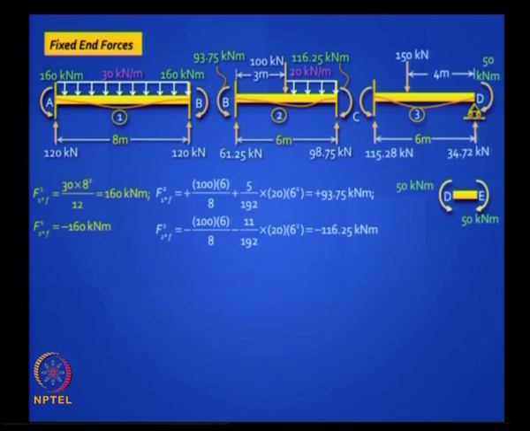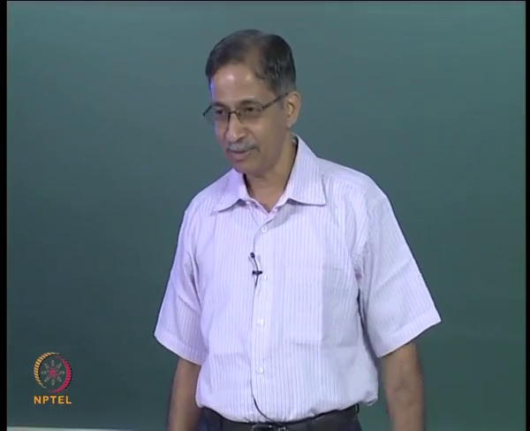In the third element you have to be careful because the end D is now a roller, and you're going to apply a 50 kilonewton meter moment at that end, clockwise, as a load. Please tell me what's the fixed end moment you get at C. Please calculate and tell me, because this is where you can go wrong. This value, that is F for the element 3 1 star, calculate it and tell me. You have done this when you did the slope deflection method, do it once more.